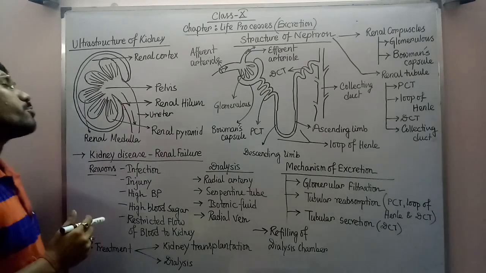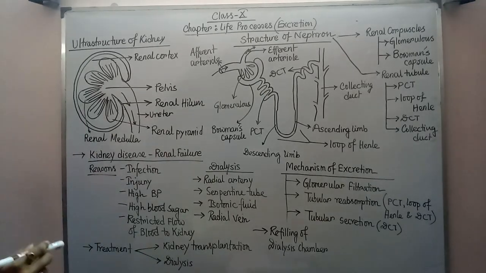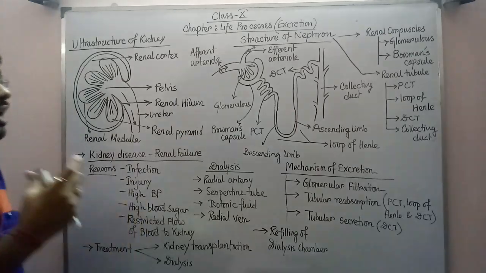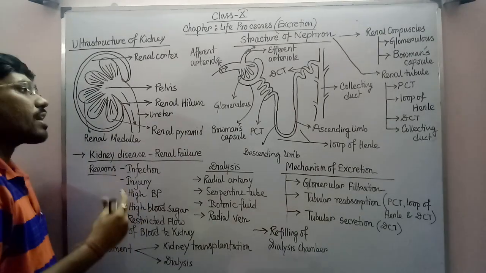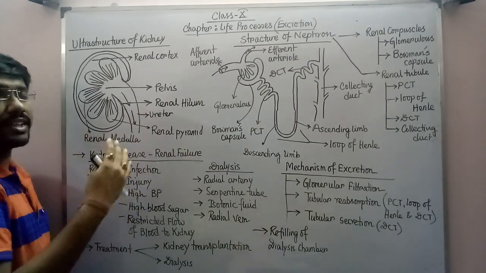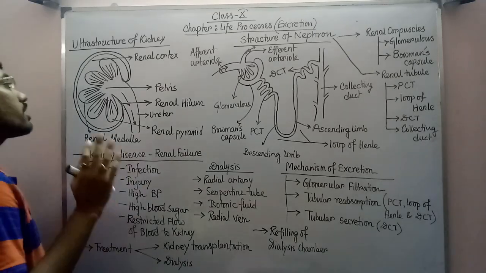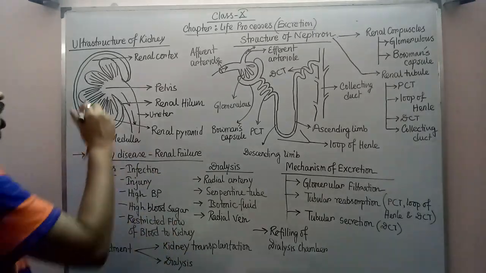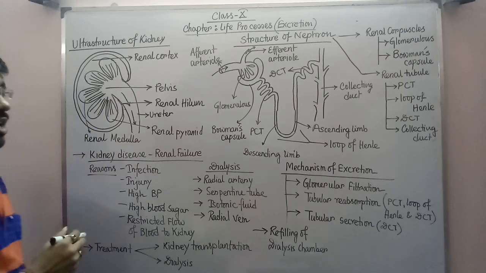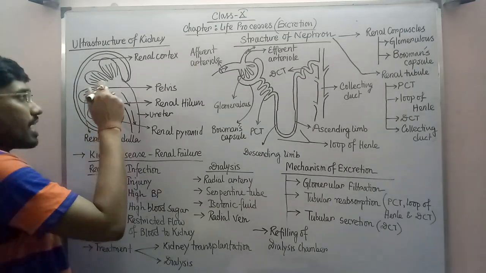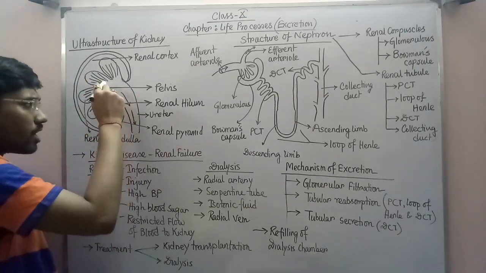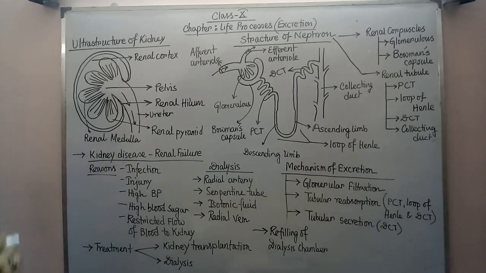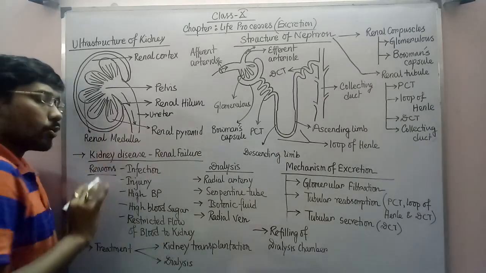Now why are these pyramids present? These pyramids are present to allocate the place for the nephron as well as other kidney tubules. The kidney tubules, including the nephron and other structures, are all present within the renal pyramids, and from there they come out and open in the pelvis region, and from there they join with the ureter.